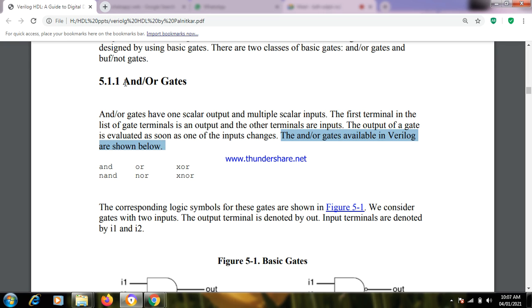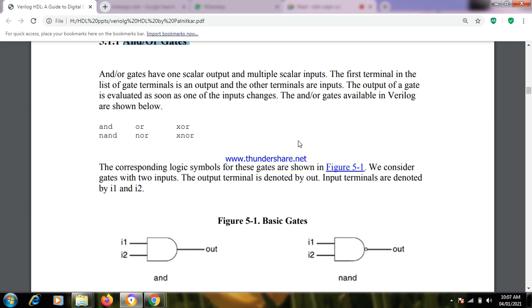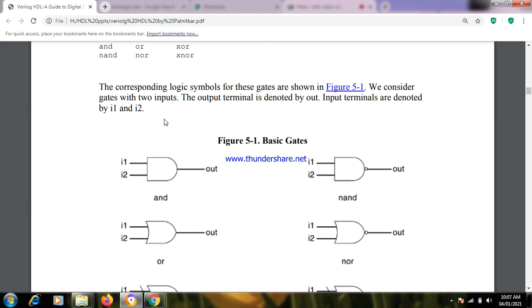So here we are checking AND/OR gates. In these AND/OR gates, you have a list: AND gate, NAND gate, OR gate, NOR gate, XOR and XNOR. These are the types of gates available in AND/OR gates, right? So this is the logic diagram for the basic gates. You can read this as a 2 input AND gate, where I1 and I2 are inputs and